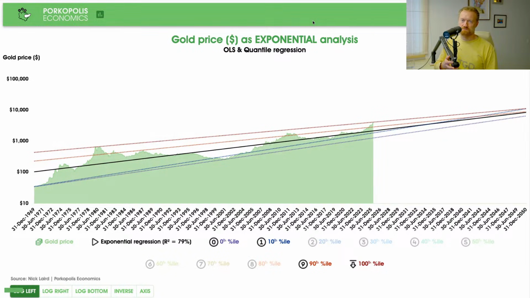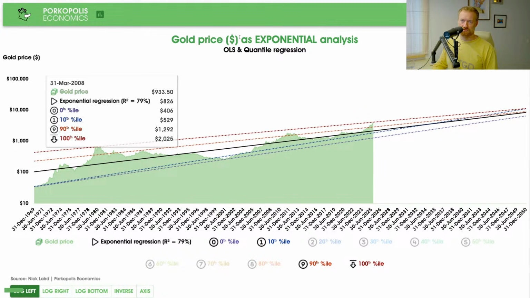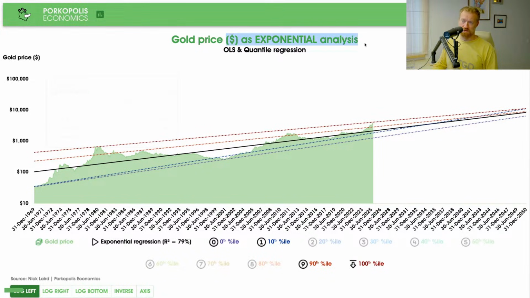I'll keep showing you more stocks, the stock market, whatever. But gold, just like any other financial asset, grows exponentially. And the main reason, my understanding and my sort of reading of history, is compound interest. It's due to the credit system itself. If they say credit is the lifeblood of the economy, and I'm not being cynical here about fractional reserve banking or whatever, those of you who followed me long enough know that